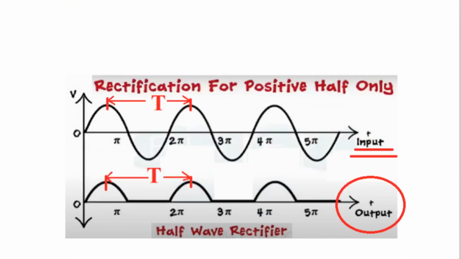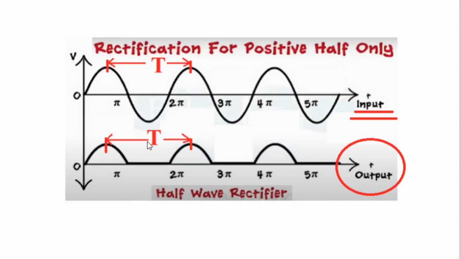And here you'll observe the enlarged diagram. This is the input signal, which has a positive half cycle from 0 to pi, a negative half cycle from pi to 2 pi, and this will continue like this, 3 pi, 4 pi. Look at this output. At the output, what will be there? During the positive half cycle, the diode conducts, and the positive half cycle will appear across RL. During the negative half cycle, the diode does not conduct, and voltage across RL is 0. So at the output the voltage is 0 volt.